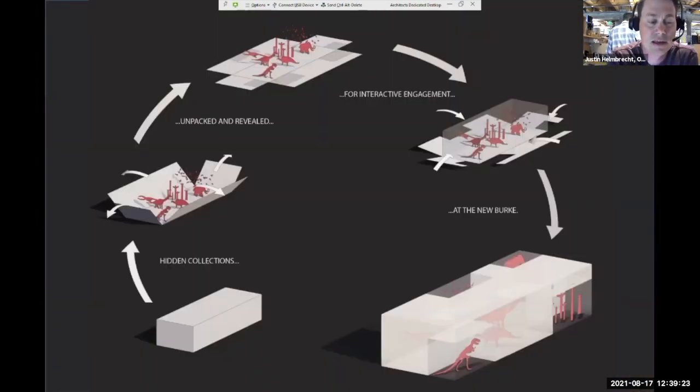So this is the design concept for the Burke in a diagram. If you're starting on the left, the old Burke building was really a building that was segregated into the exhibit spaces and then the collections and research spaces. And our job from an architecture standpoint was to unpack that to create the inside out museum that really allowed the patrons of the museum, the users of the museums, the researchers and scientists, greater transparency and accessibility to the collections